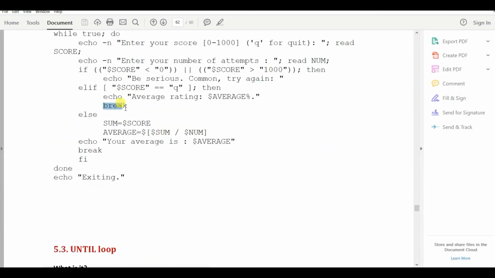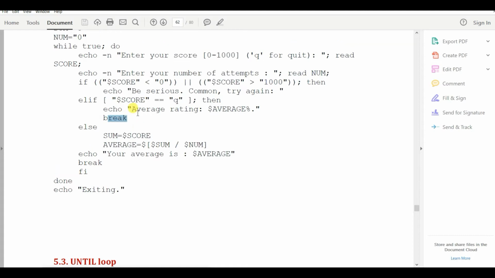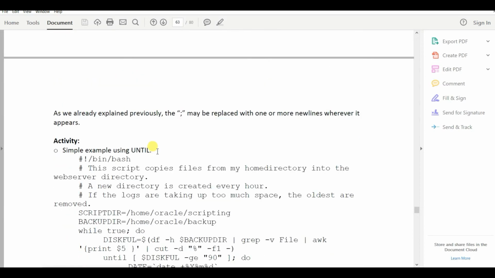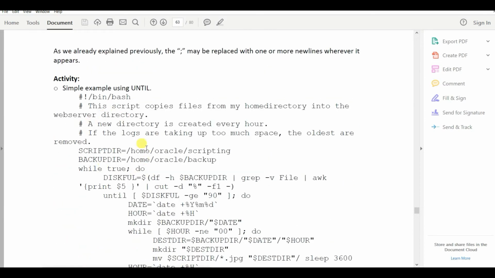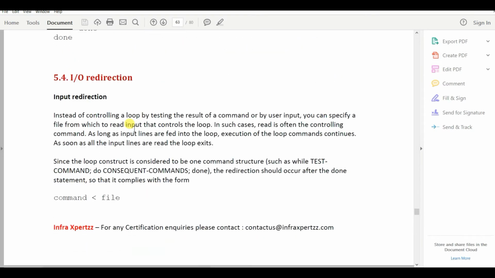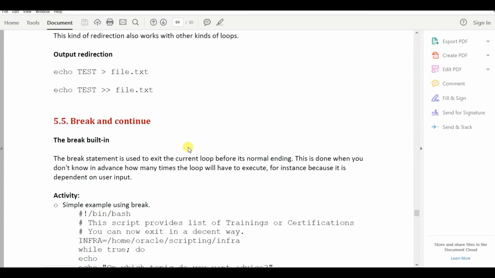You can see here, if the q variable has been defined, if q is the input from the user, then it will break from the loop. This is done when you don't know in advance how many times the loop will have to execute, for instance, because it is dependent on user input.